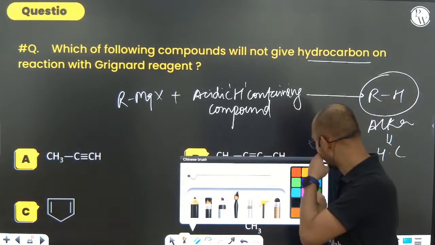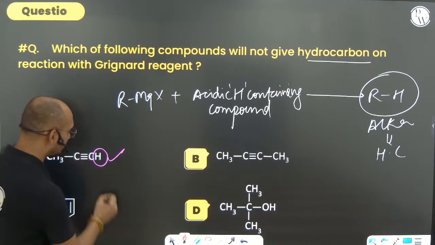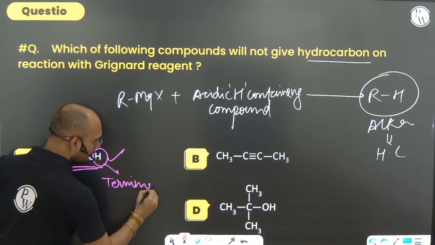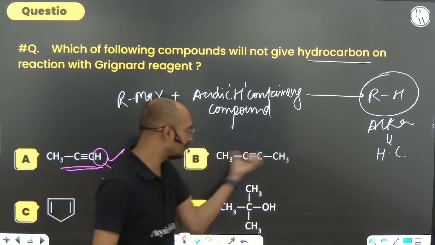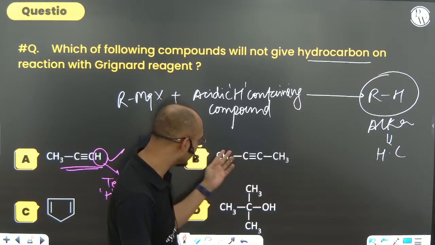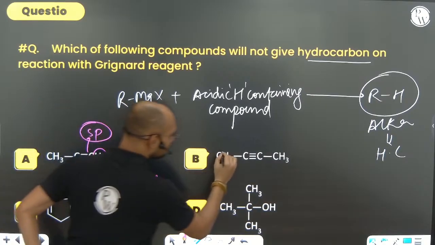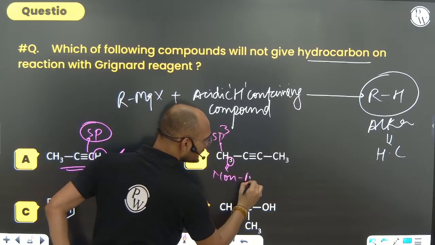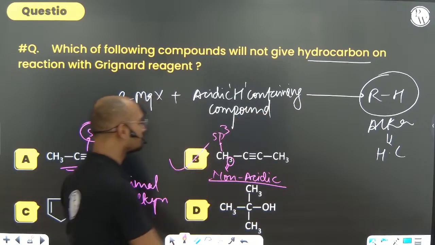Let's look carefully. Can you see? Is there any acidic hydrogen? Yes, there is an alkyne. The terminal hydrogen of an alkyne is acidic. Can you see, the triple bond is there, but there is no terminal hydrogen. See, there is no hydrogen on the triply bonded carbon. It is what? It is sp3 hybridized, while this is sp hybridized carbon. But this is sp3 hybridized carbon. So this hydrogen is non-acidic. If it is non-acidic hydrogen, can it give this reaction? No, this will not give. So option B will not give, right?